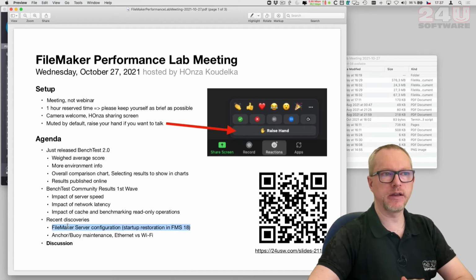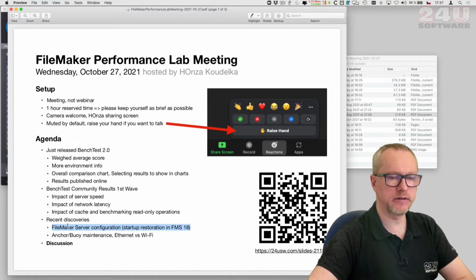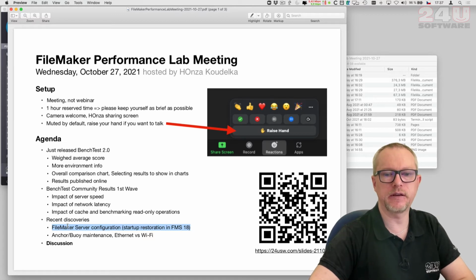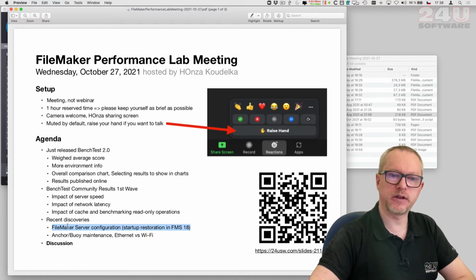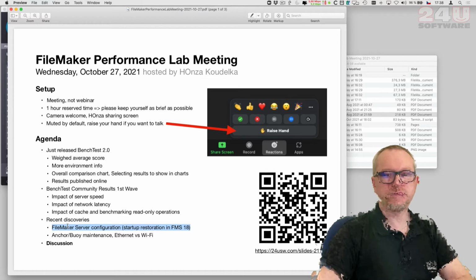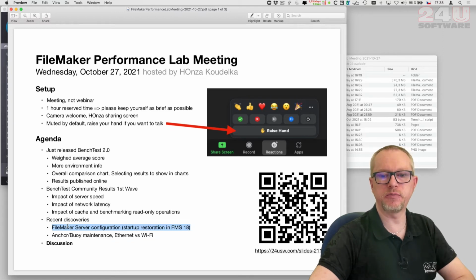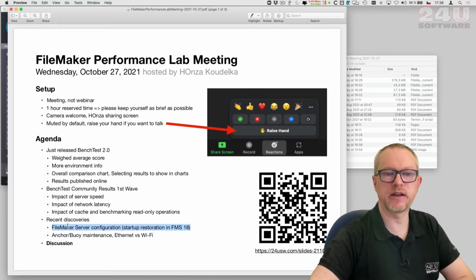We had a client contacting us needing help after switching from FileMaker 16 to FileMaker 18. What they reported to us is that when the number of connected clients exceeded 100, it started to be extremely slow. We tried to examine what was happening there, and the first thing we noticed was that startup restoration was enabled.